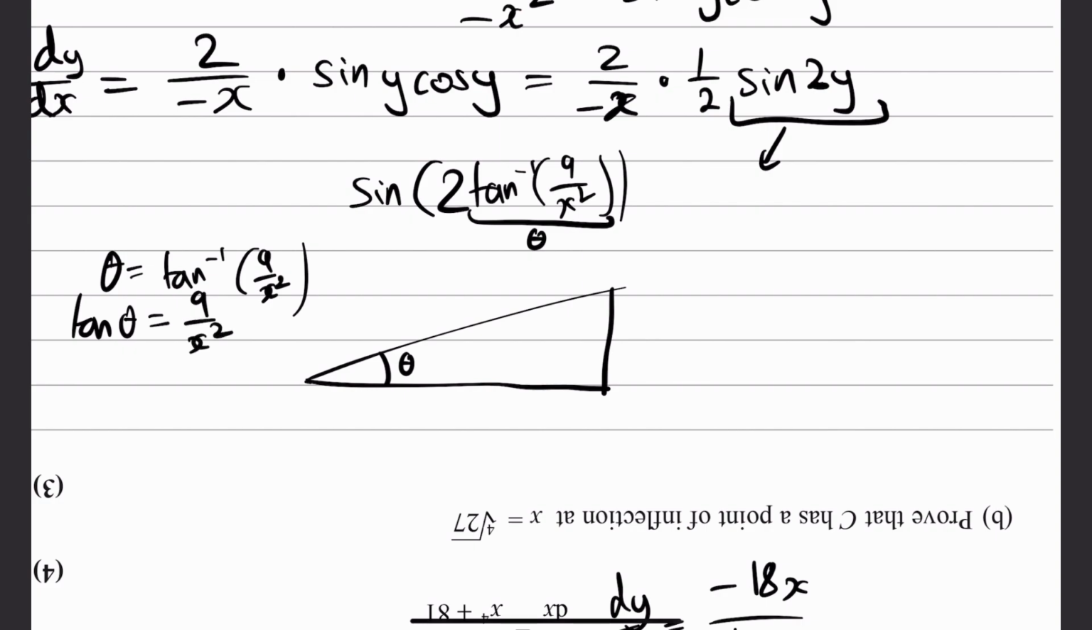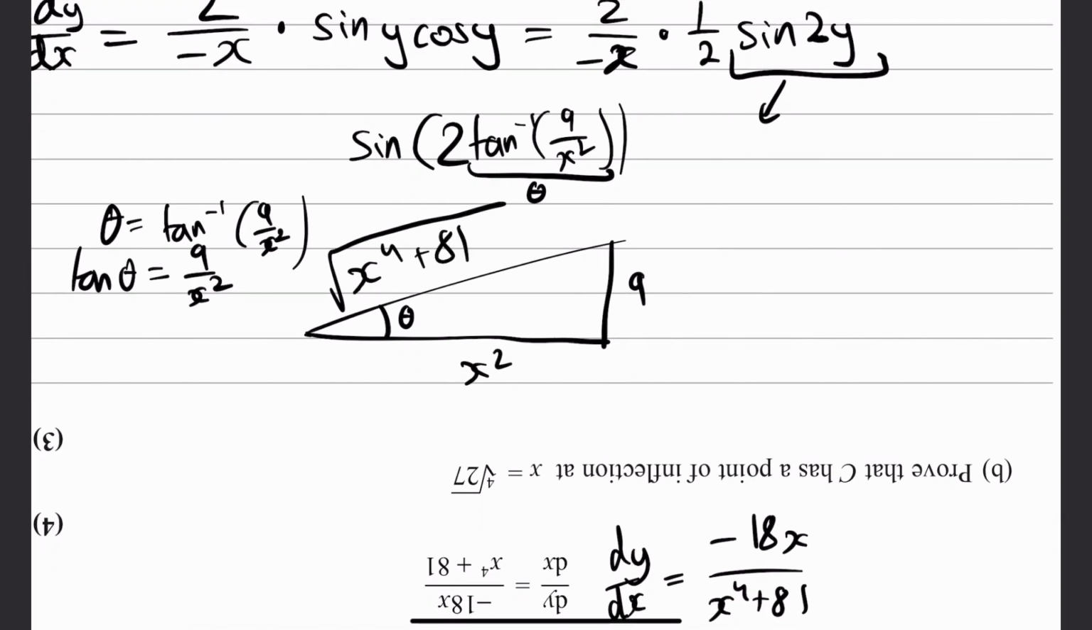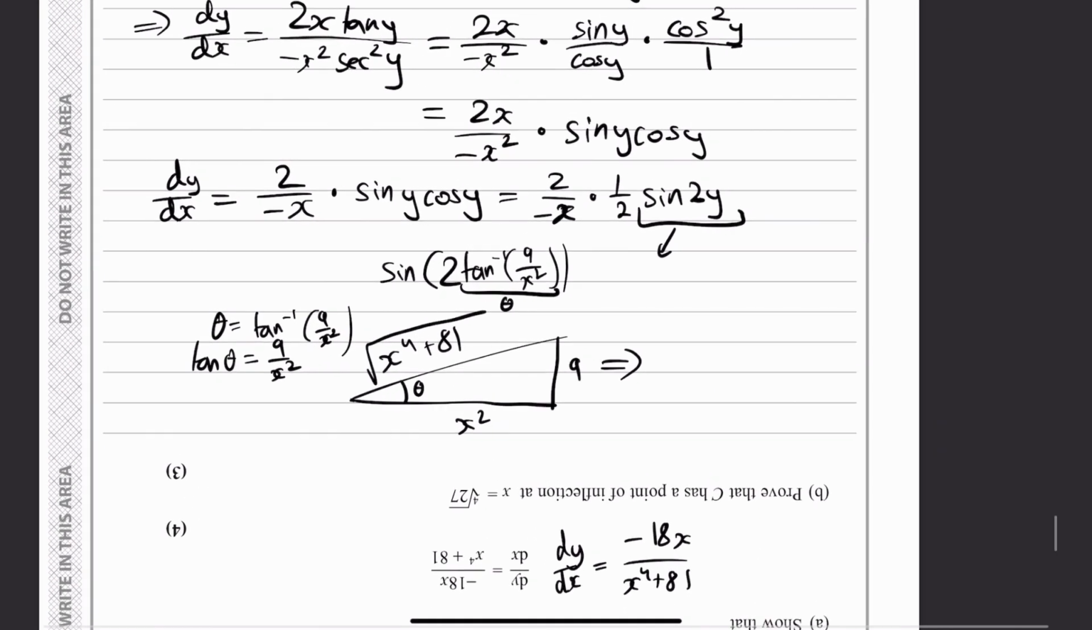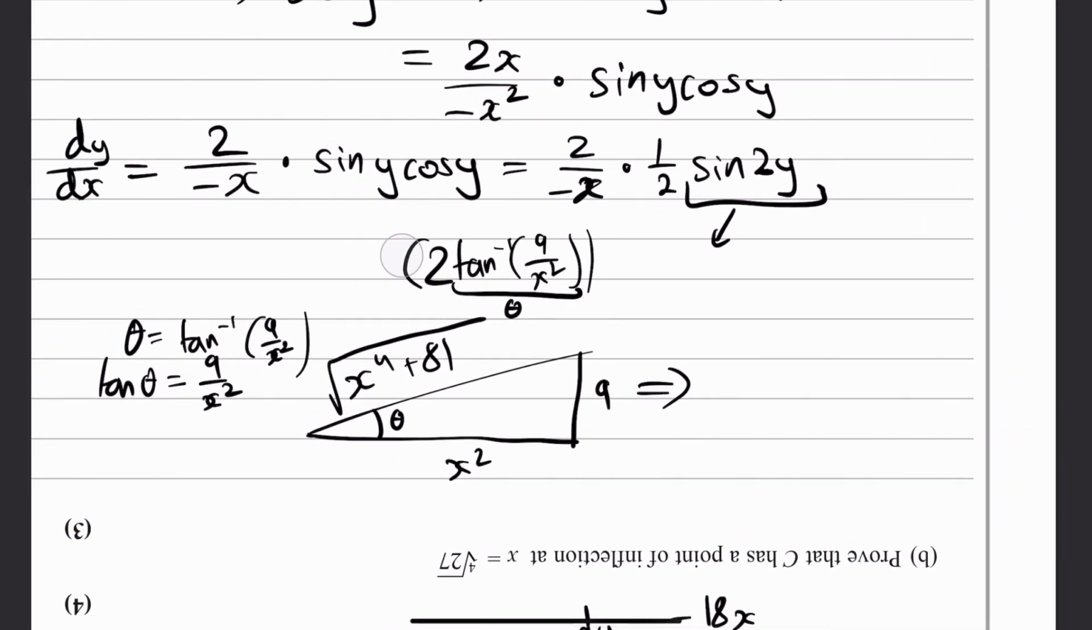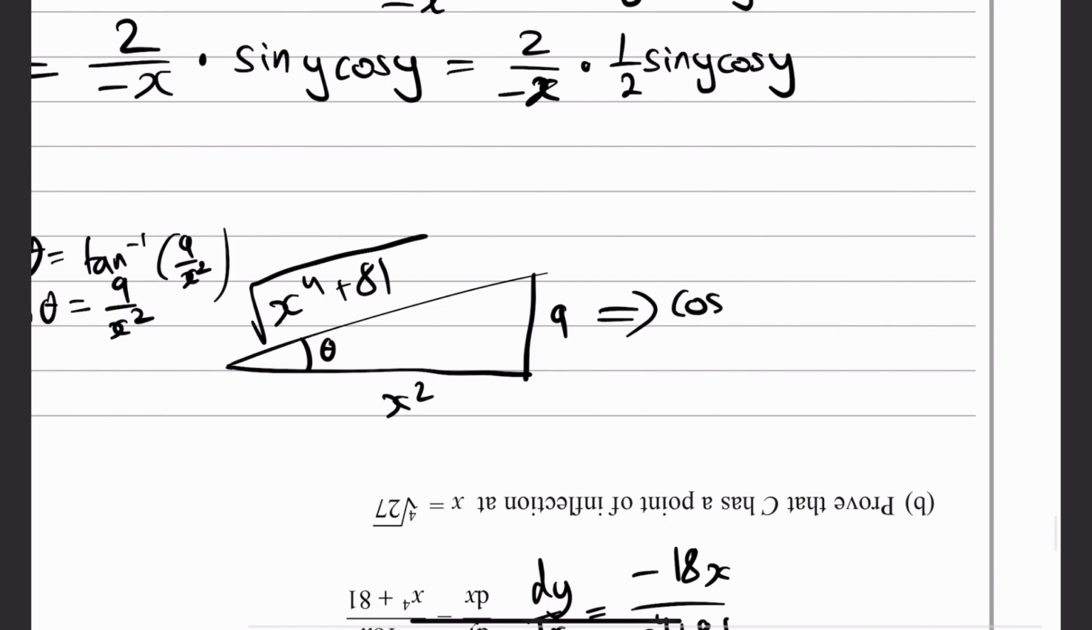And you know that's equal to opposite over adjacent. So opposite, adjacent, and therefore this is just x to the 4 plus 81. Okay, so now you can work out sine of 2 theta. Yeah, we probably shouldn't have used the double angle formula because it's a bit complicated, because you have to expand out anyway. Sine y cos y, like so. So now you can get sine of